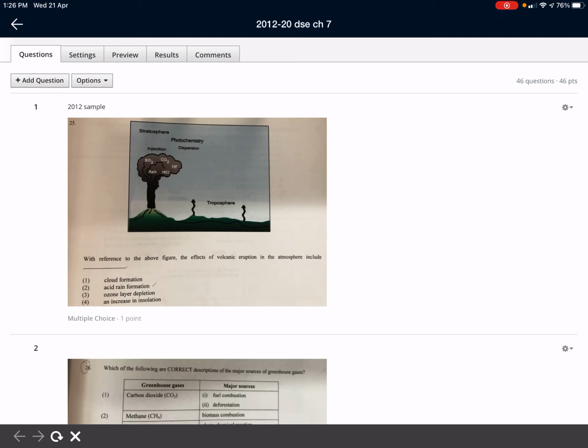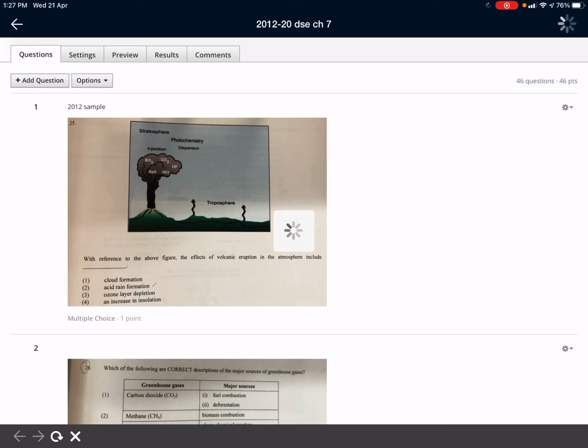The first question is talking about the effects of volcanic eruption in the atmosphere. May include cloud formation. This is right because the ash from the volcanic eruption can provide some condensation nuclei for forming rain or precipitation. And then acid rain formation is also okay because it's talking about the sulfur dioxide and also carbon dioxide and also the HCl, and you can see right there, it will form some acidic